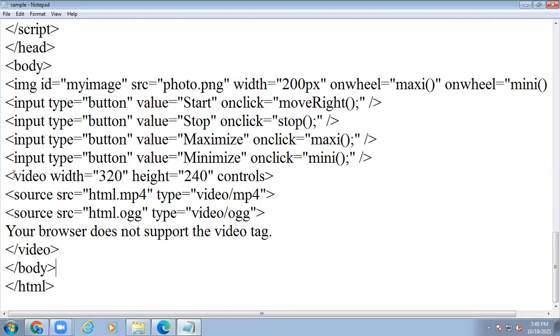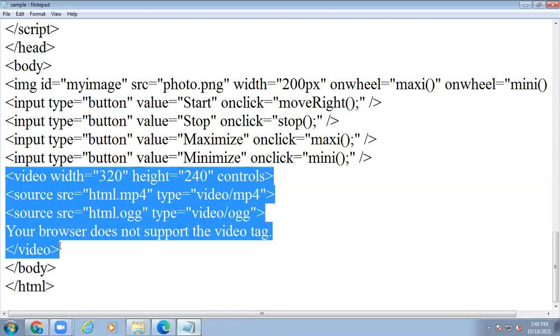Okay. How do we include a video into the web page? First, the tag name is the video tag, and the width of the video that you specify, as well as the height of the video, and its controls. The source, from where you consider it, is the current directory.